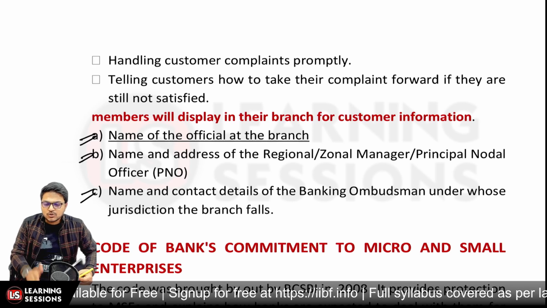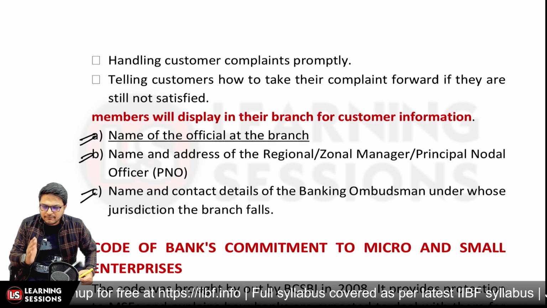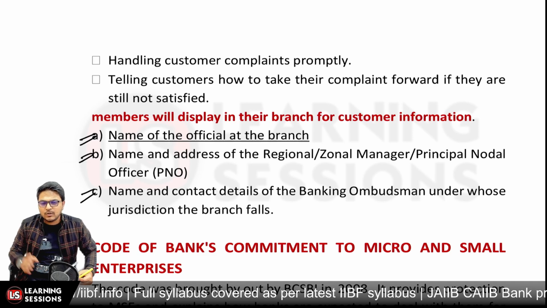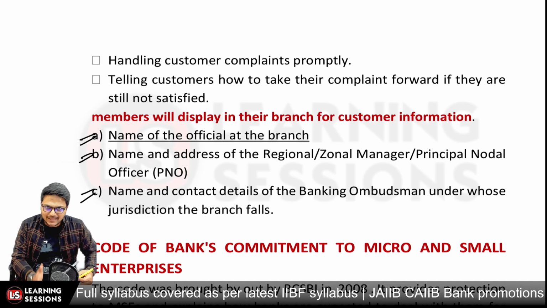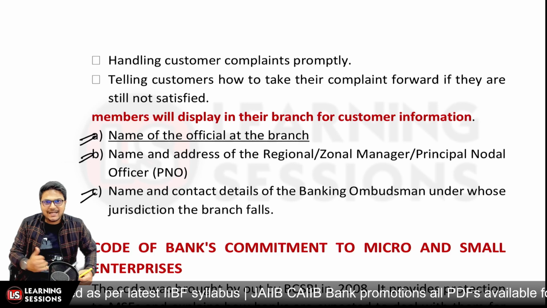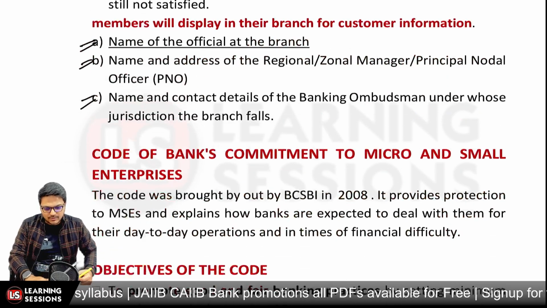information must be available so that all complaints related to customers can be handled promptly, and those must be handled properly, right? And further, there is a criterion: if you have conveyed your problem in writing, and within 30 days the problem is not resolved and is not escalated, in that scenario the customer has the right to go to the banking ombudsman also, right?